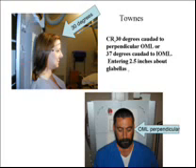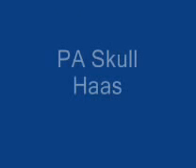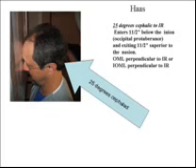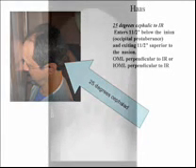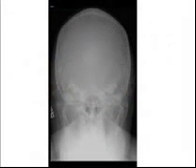superciliary arch. Suspend respiration. PA axial projection, or Haas method. Rest the patient's forehead and nose on the grid. Adjust flexion of the neck so that the OML is perpendicular to the image receptor. The central ray is directed at a cephalad angle of 25 degrees to the OML, entering 1/2 inch below the external occipital protuberance or inion, or entering the level of the EAMs and exiting 1 1/4 inches superior to the